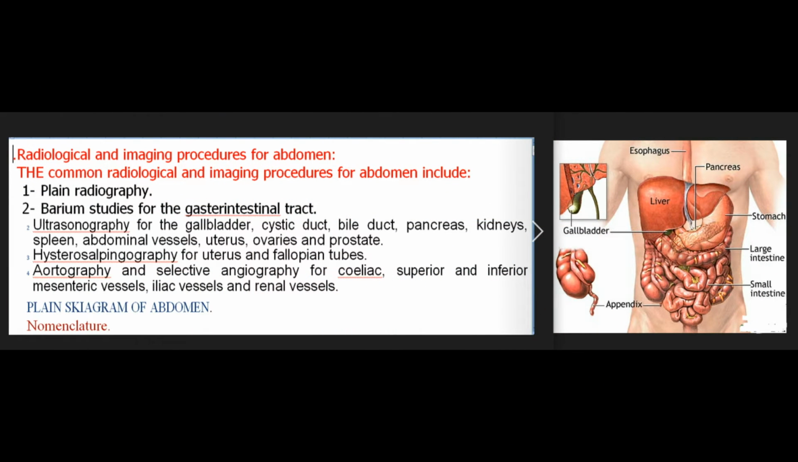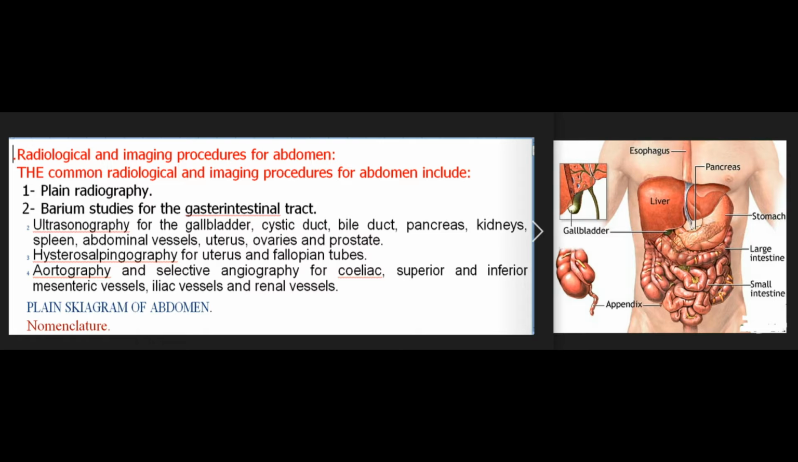Radiological and imaging procedures for abdomen. The common radiological and imaging procedures for abdomen include: 1. Plain radiography, 2. Barium studies for the gastrointestinal tract, 3. Ultrasonography for the gallbladder, cystic duct, bile duct, pancreas, kidneys, spleen, abdominal vessels, uterus, ovaries, and prostate,